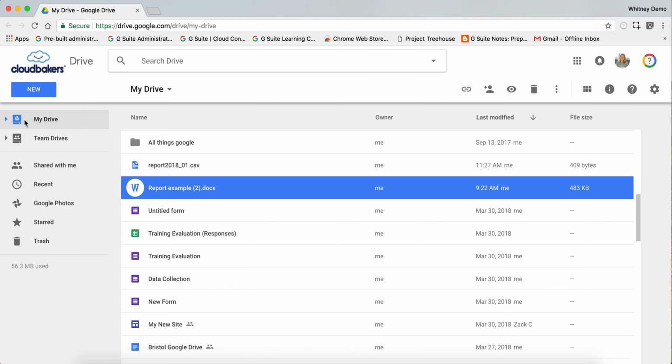Right below the New button here, you're going to see My Drive. This is where all of your files are going to be located, as well as any files someone shared with you that you've added to My Drive. These are files that you create and decide who you're going to share with, whether it's a group or an